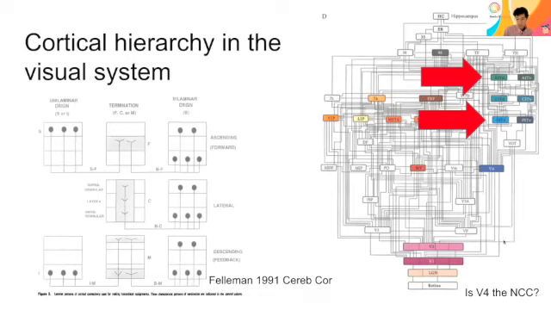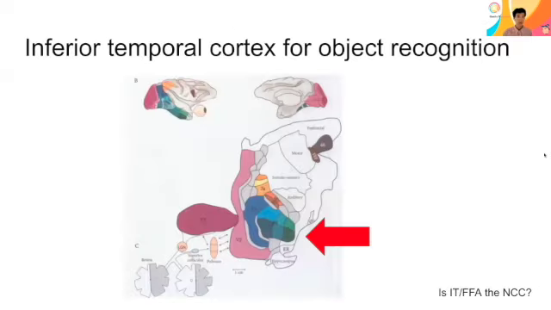So first of all, the location of the IT area: the inferior temporal lobe. It's above V4, and it's composed of at least several areas. There is a posterior or central part, and also an anterior part, and there is a dorsal and a ventral division between them. And in the case of the flattened brain map for the macaque brain, it's